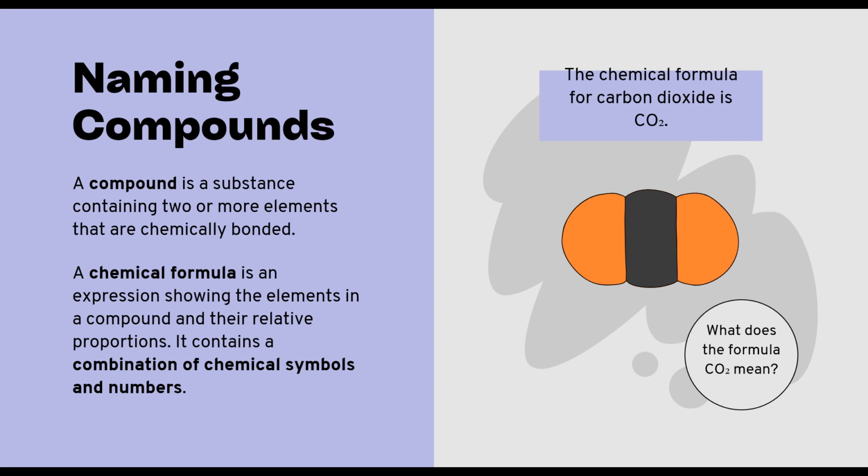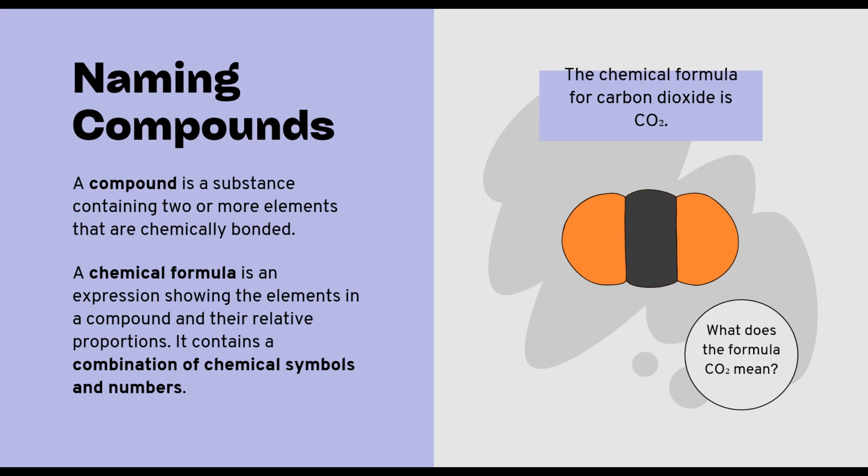Okay, so what does the formula CO2 mean? It shows how many elements are there in the particular compound. A chemical formula is an expression showing the elements in a compound and their relative proportions. It contains a combination of chemical symbols and numbers. You can see here in the example, carbon dioxide, the symbols are carbon, and oxygen is having two